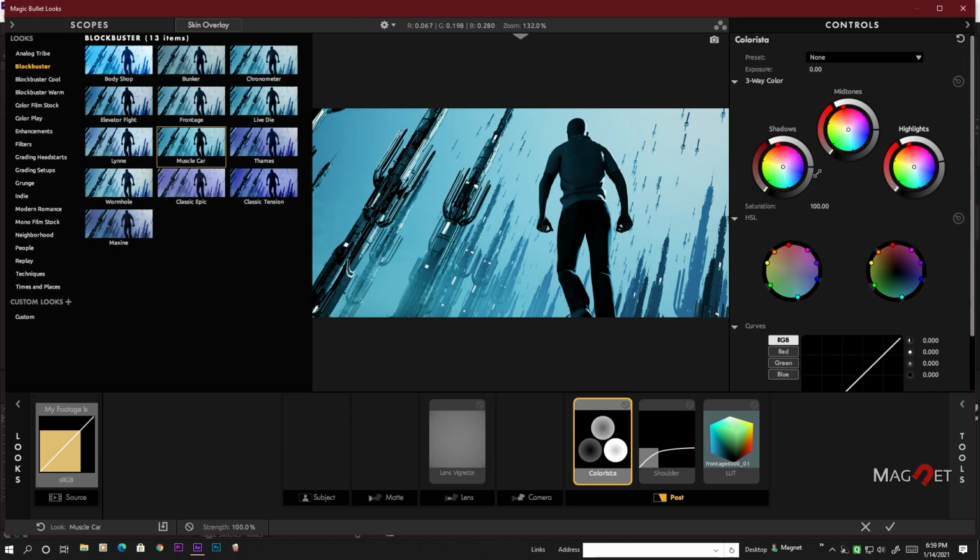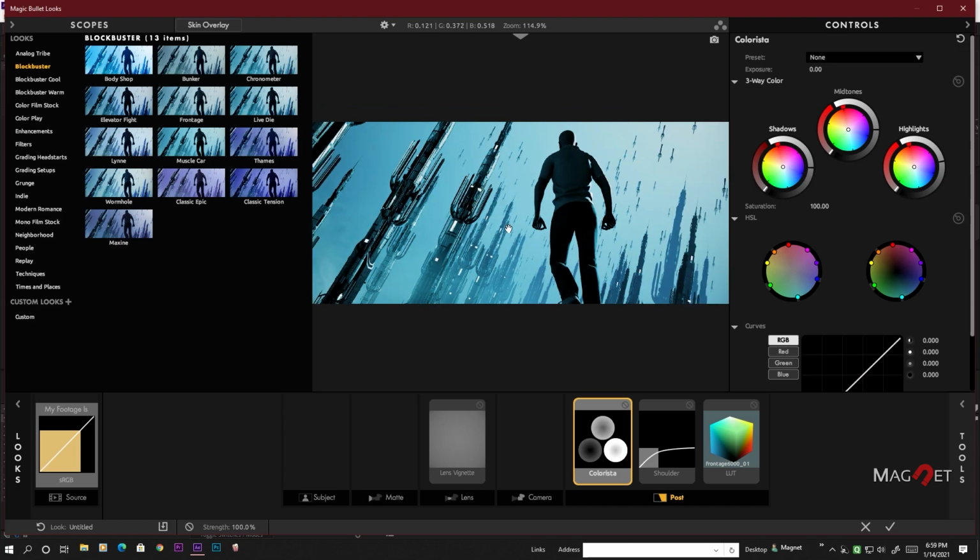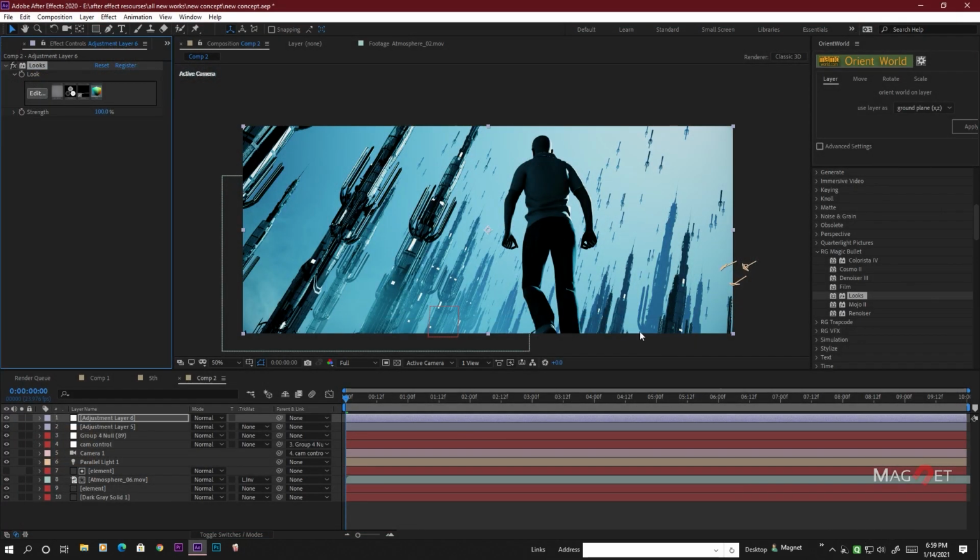Okay, and maybe we decrease the shadow light here. Okay, maybe we increase that and hit OK. So it looks like this now,